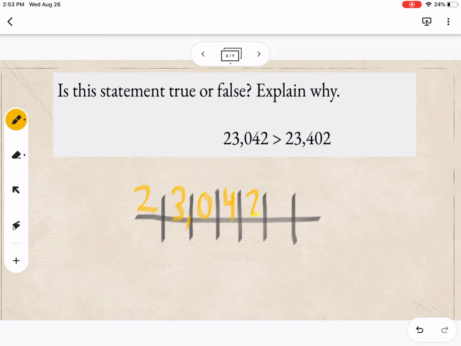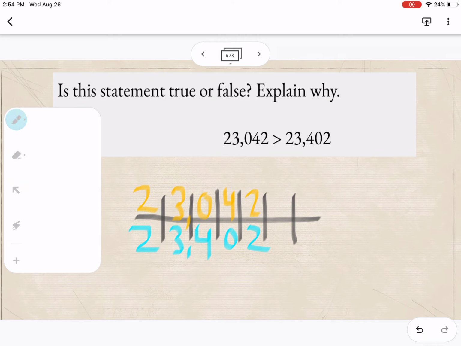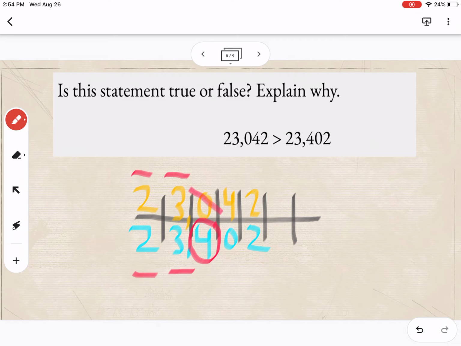We're going to write out 23,042. And then we are going to write out 23,402. And now we can compare. Our 2s are the same. Our 3s are the same. Oops, in my hundreds place, my 0 and my 4 are not the same. 4 is greater than 0. So 23,402 is greater than